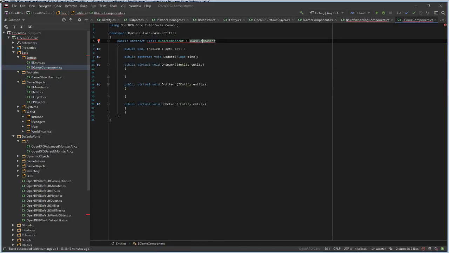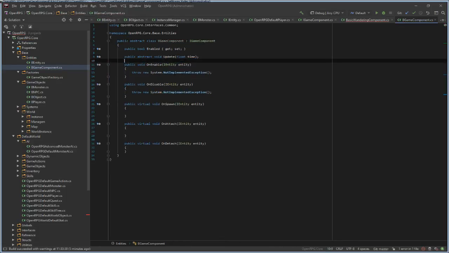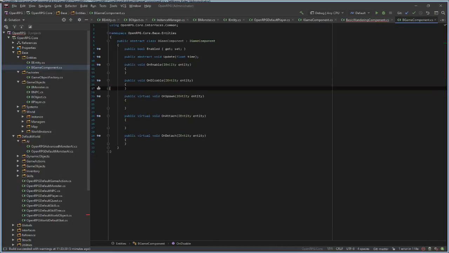I'll just keep on enable and on disable, and I'll just keep the entity parameter.